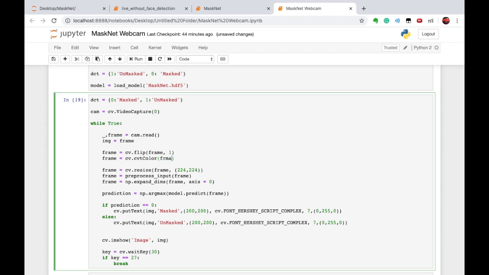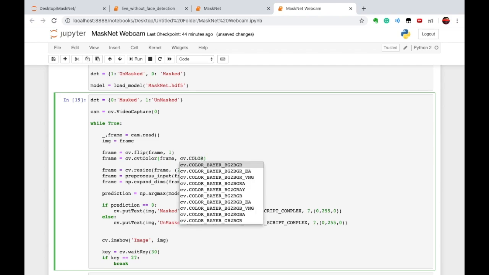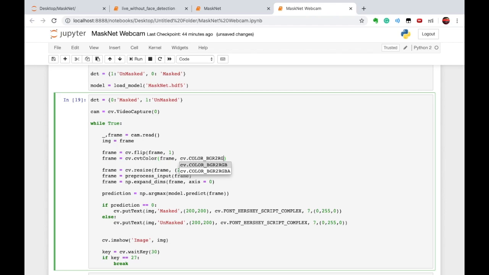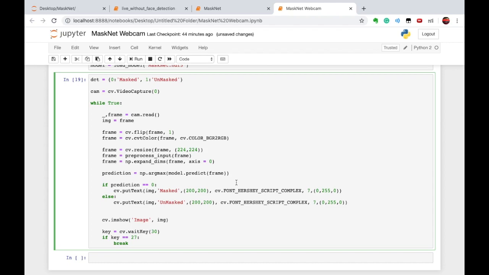We are passing the frame here, and after that cv.COLOR_BGR2RGB, from BGR to RGB. Clear? So now we are ready to go. Let's execute this code.